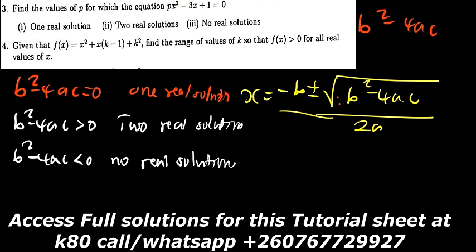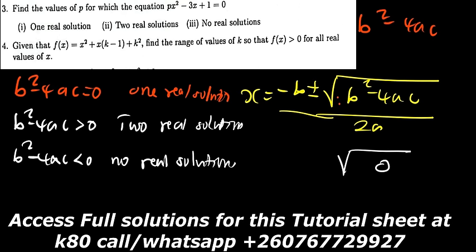If the discriminant is equal to 0, meaning that what I'm going to have here is not going to change. We are going to have one answer. And if it is greater than 0,